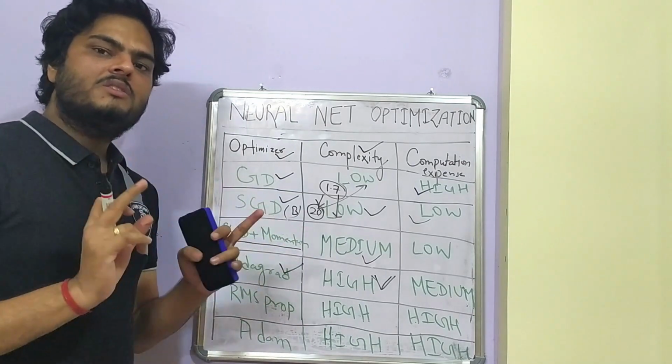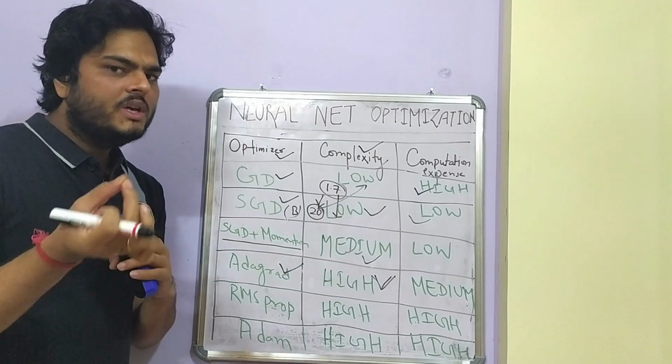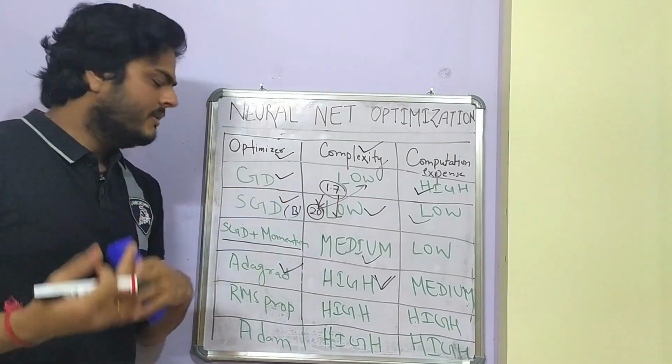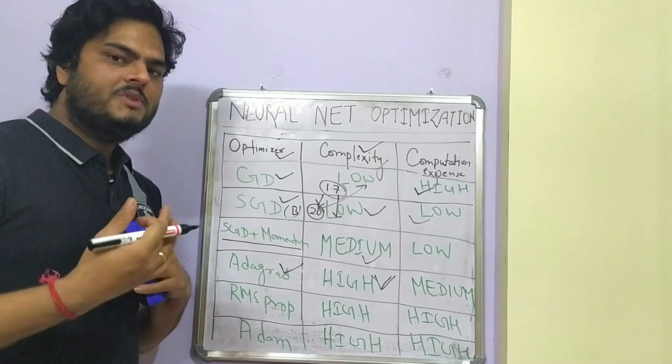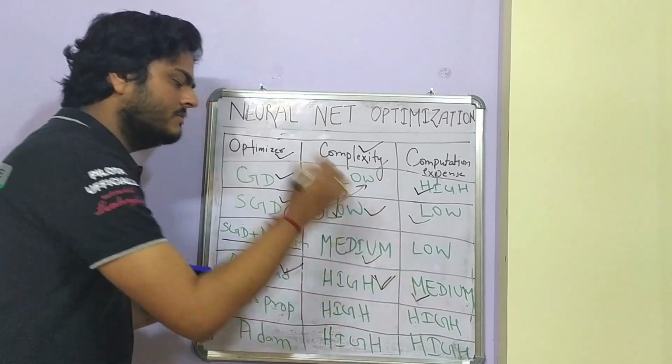So a sparse matrix is a matrix where many values are 0. It is possible that you might need to tweak your gradients automatically. So there has to be a way to do that. ADAGRAD helps in that type of situation. Computationally it will be medium, it will not be high.